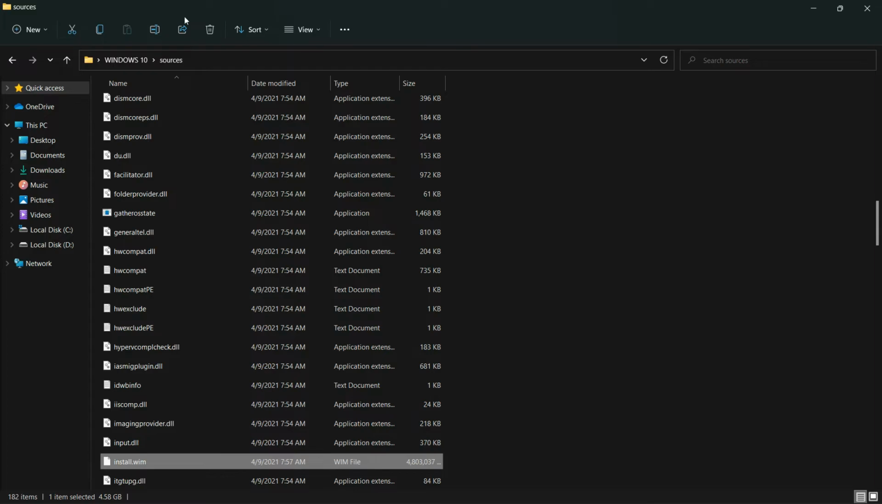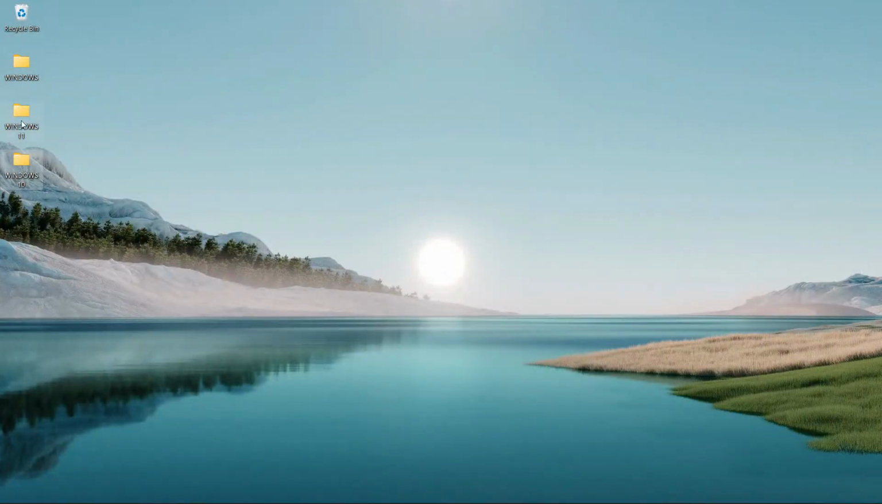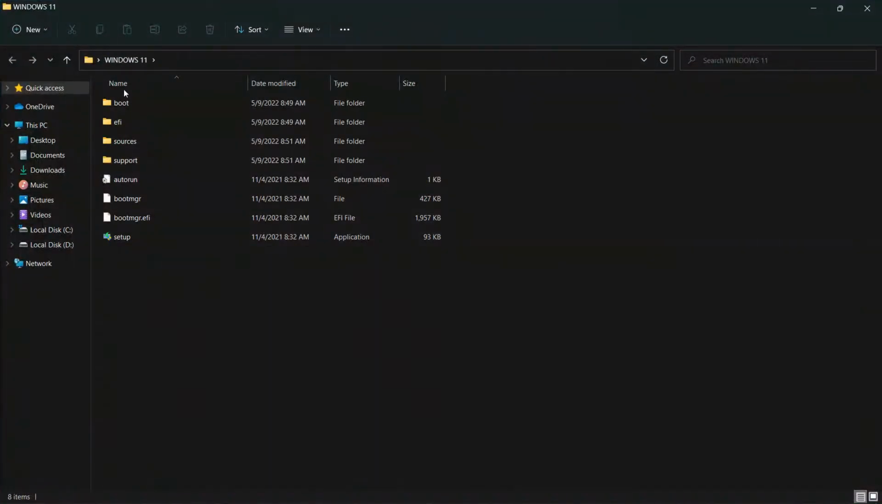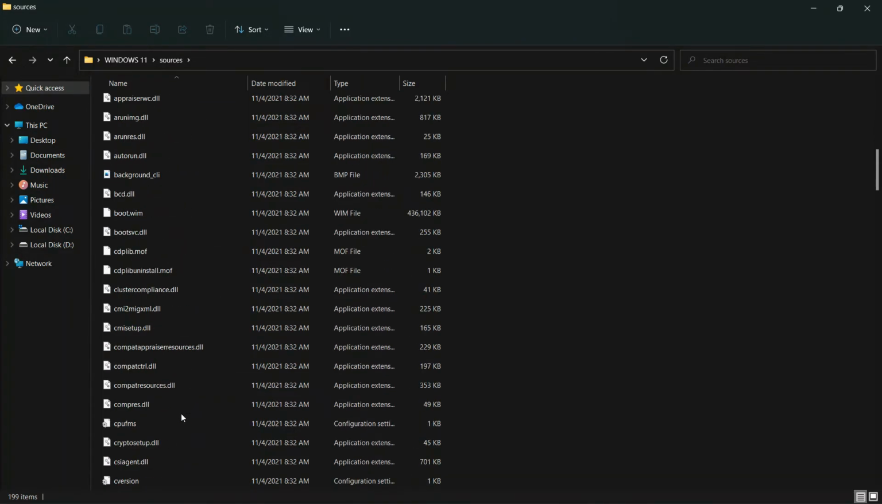So I'm going to delete this, close, open Windows 11 folder, sources, then look for the same file called